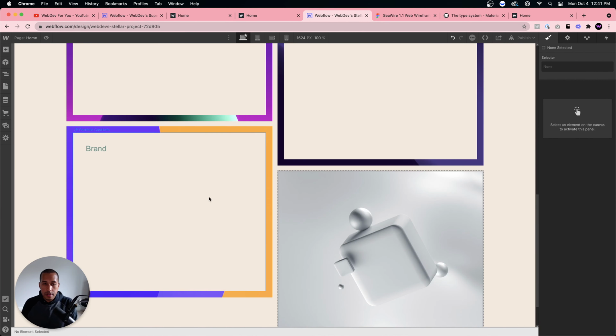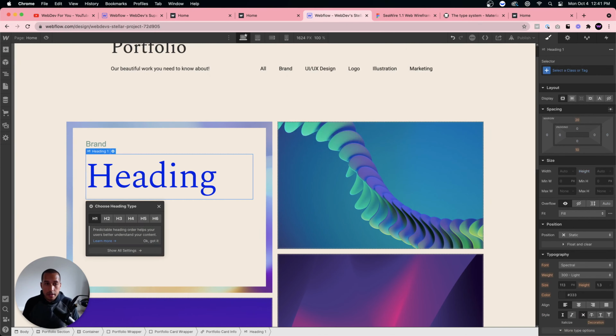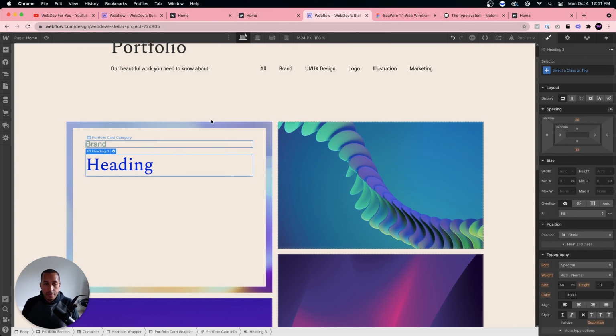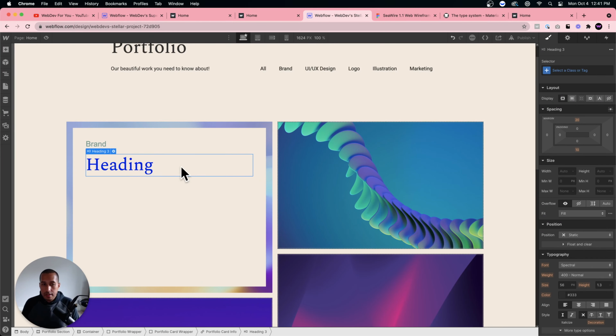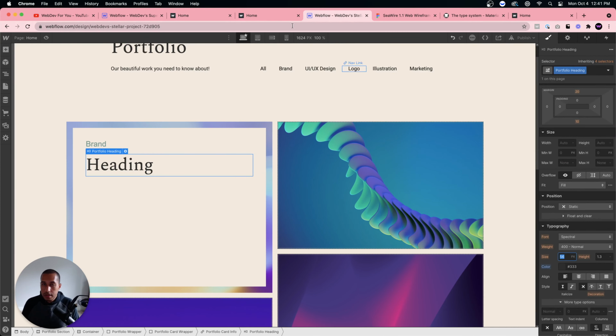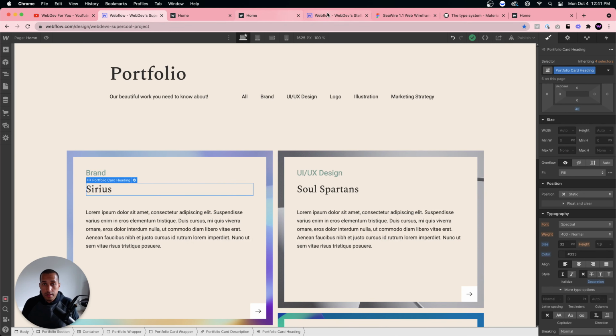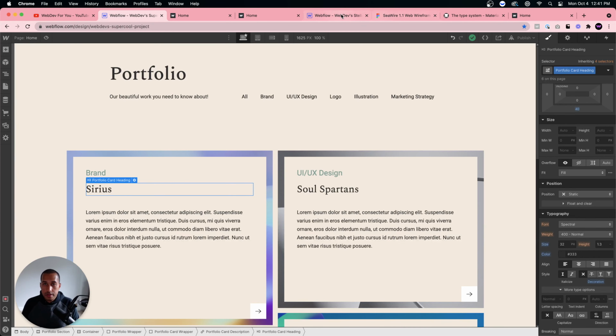Actually, it's probably easier, let me just delete this. So we'll just design this first card, and then I'm going to add a heading. I'm going to say H3, and what's the size of this? 32. So as you can see, for this heading we're going to add a custom class because I want this heading to be smaller than the default style guide that we created. So I want this to be 32. So 32, line height looks good and nice. So I'm going to grab this text, so serious,